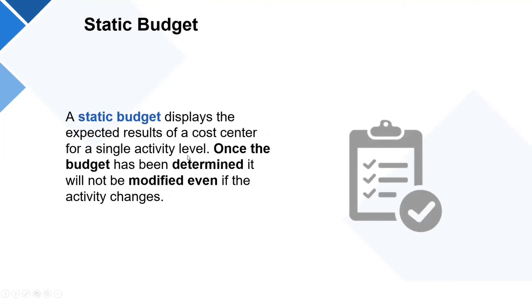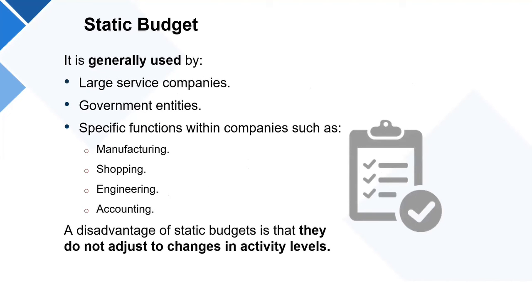The static approach is that once you have the budget, it will never change. You start the year, you say, I'm going to spend this and I'm going to collect this, and that's it, period. Usually it's large service companies like Ernst & Young, Pricewaterhouse, banks, big companies that use this type of budget. Government entities also commonly have static budgets, and inside a company, specific parts of the company use